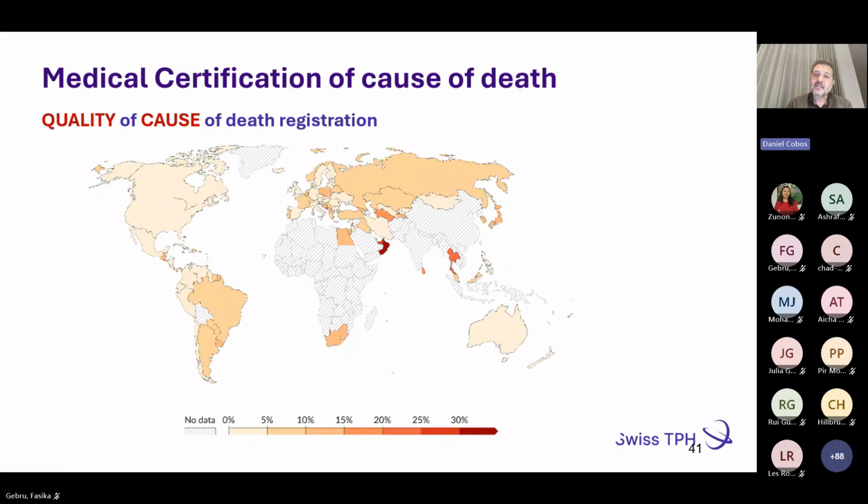So the problem is that doctors are trained to identify the immediate cause of death. We are trained for 6-7 years to identify what is killing my patient now. But we are not so well trained to identify what is the original cause of death that triggered the chain of events that ended up with this patient dying? What are the things that we can prevent? How can I prevent this death? We need to go to this underlying cause of death. If you go to the next,